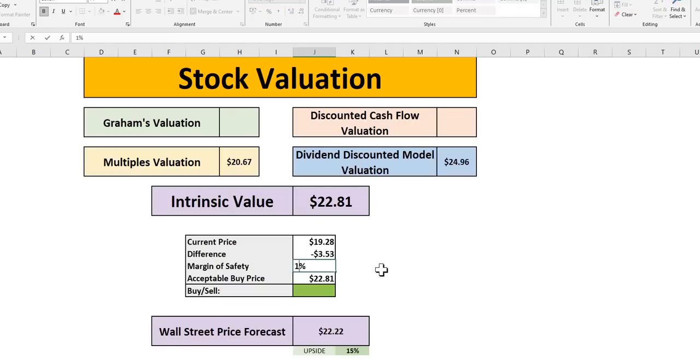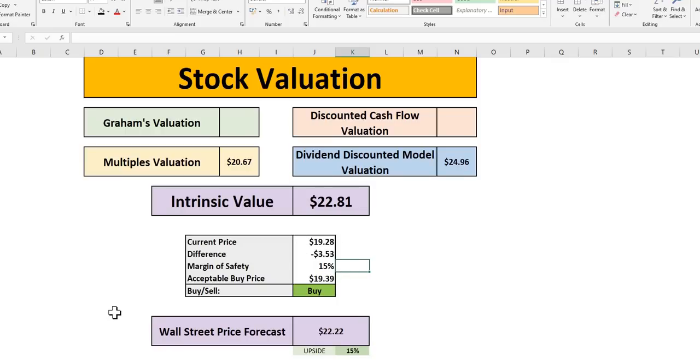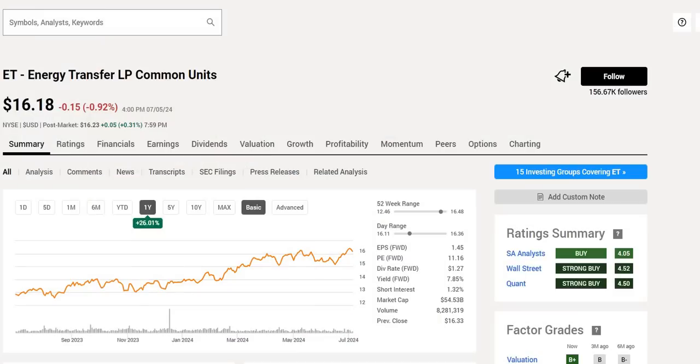With our margin of safety, we're at 10%, a buy at 20.53. At 15%, pretty much around that current trading price. So if, like Wall Street and Quant, you are very bullish on this, right now you are getting a 15% margin of safety. This then takes us on to ET, Energy Transfer, another double strong buy rating from Wall Street